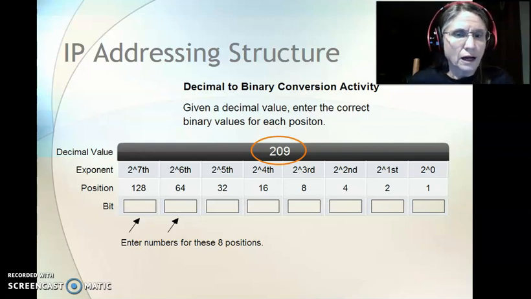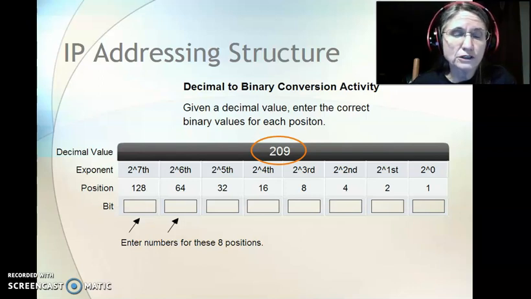Hi, I've had some students ask about IP addressing, specifically looking at a specific network and figuring out what the network address is, what the broadcast address would be, and then finding the range for the addressable end devices. And to be able to do this exercise, we need to understand the IP addressing structure, and we'll start with